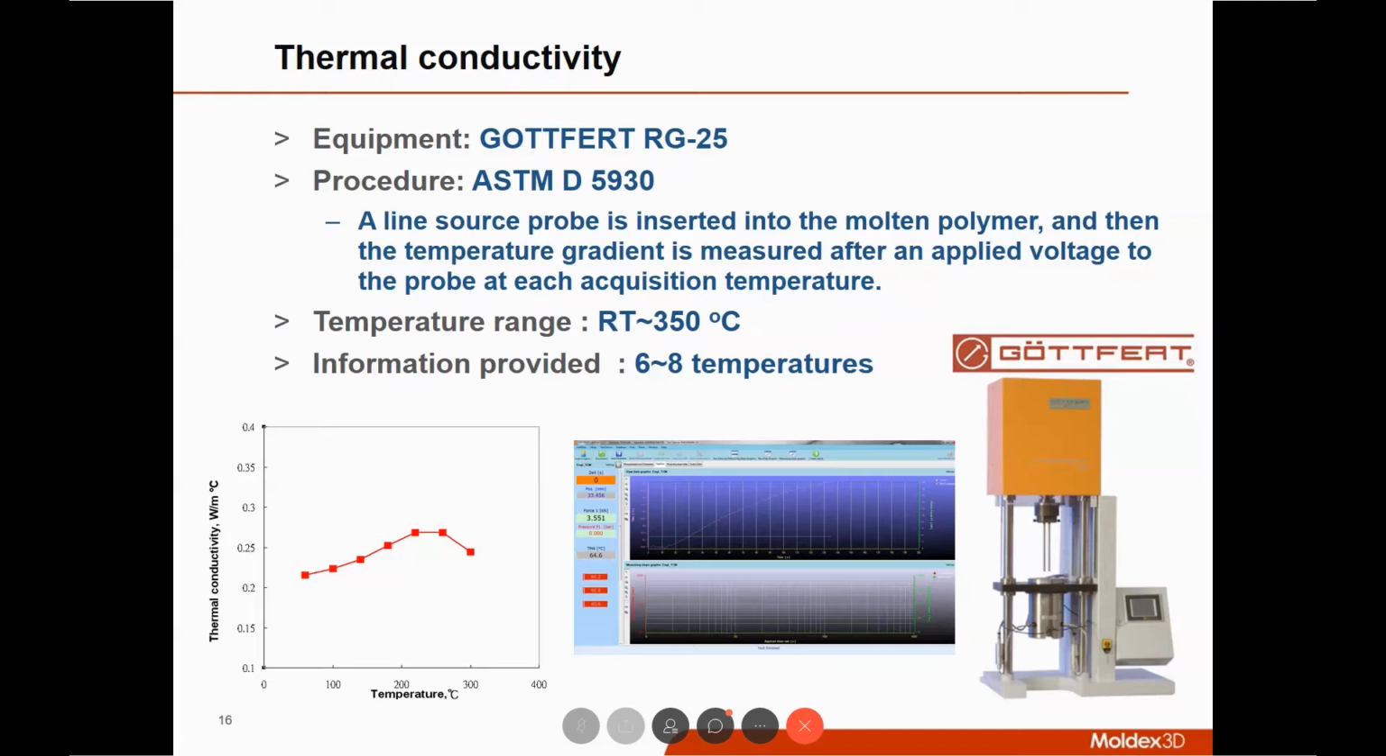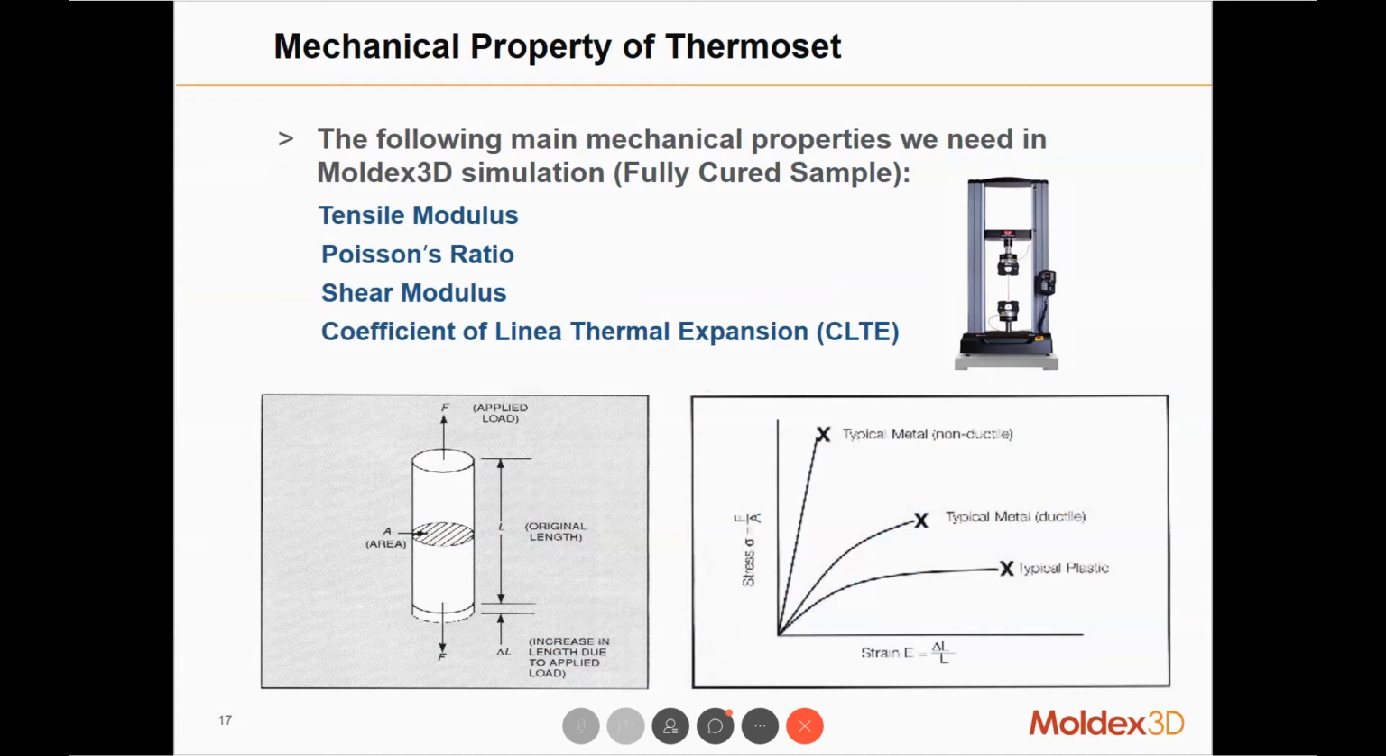And finally, after curing, after the part is ejected, we will need to know the deformation of the part, and that is when the mechanical properties become very important. Not just the PVT, we have to know the mechanical properties, so we can test the mechanical properties of thermoset material, including tensile modulus, Poisson ratio, shear modulus, and CLTE, the coefficient of linear thermal expansion. The way we test it is